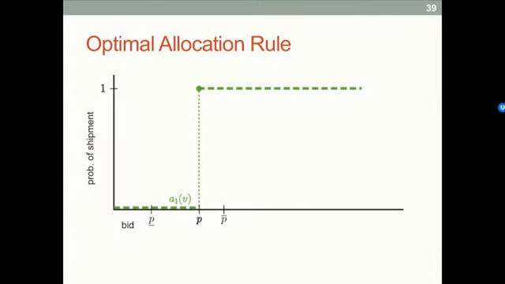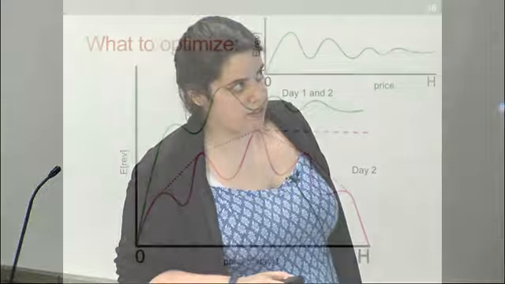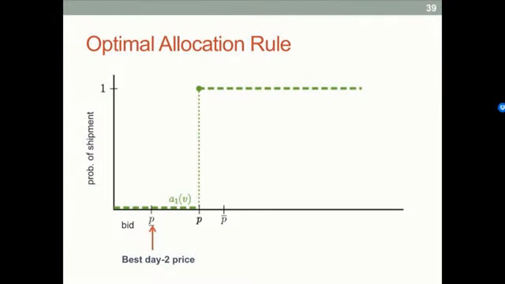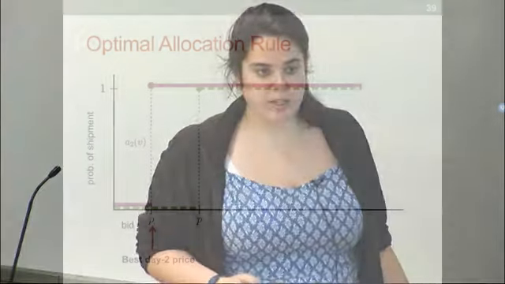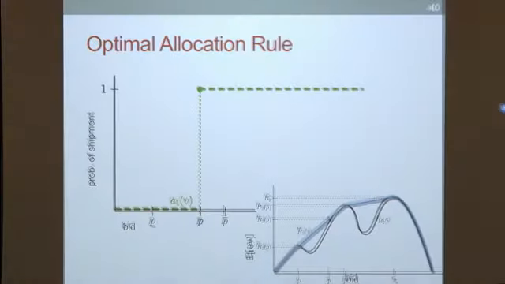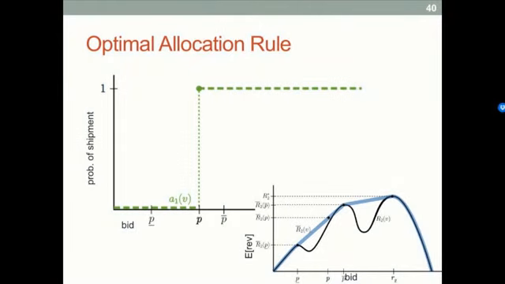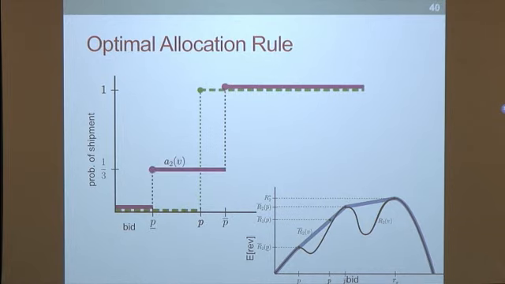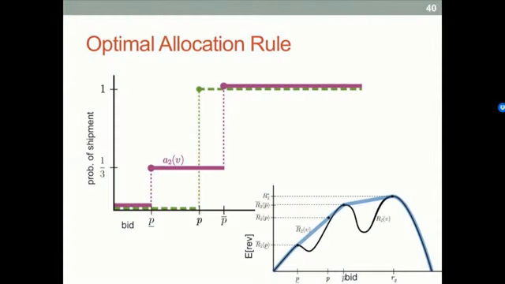So what's the optimal allocation rule in this case? Well, you pick that point, this peak. This is your P, your price for day 1. And if the best day 2 price was cheaper, then you set the day 2 price. We already said this. It's exactly what that pink curve accounted for. And if this is at some ironed point on the revenue curve, then you will use these 2 peaks to randomize and achieve the revenue from that point on the revenue curve, like that. Is that clear?